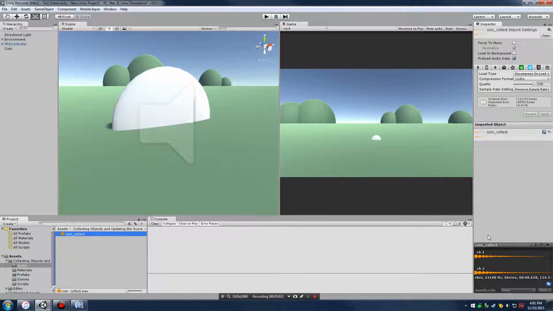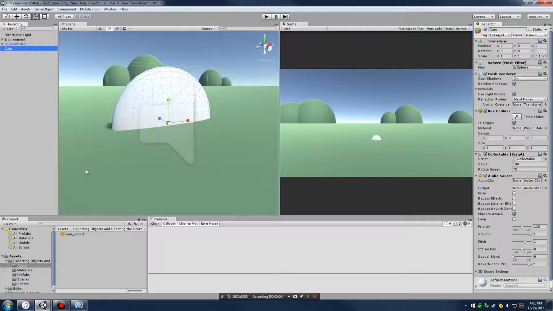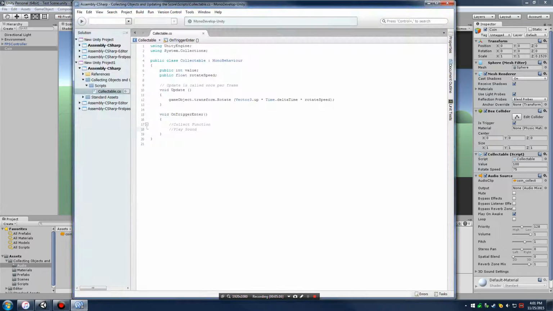And we can preview it by selecting it and pressing the play in the bottom right hand corner. So I'm going to go back to my coin and I'm going to drag and drop my sound file into the audio clip right there. This is what's going to allow us to play our audio clip. So if we go back into our code,